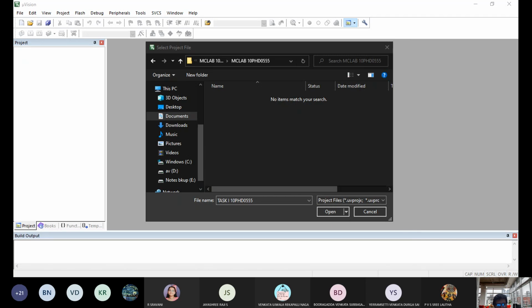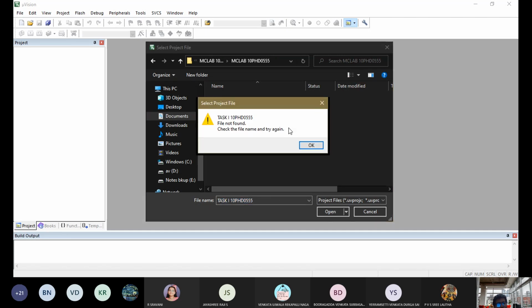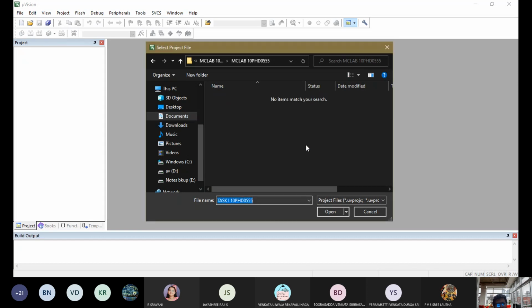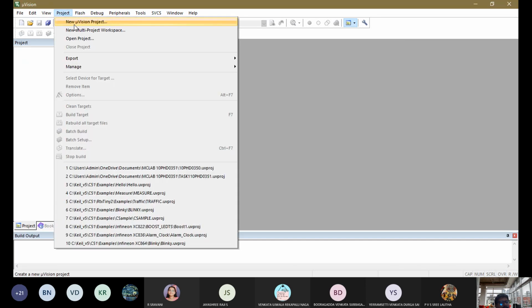Step 2. I'm sharing that. In this step, you give open. It says file not available. Check the file name. Sorry, I have to give Open Project, New.